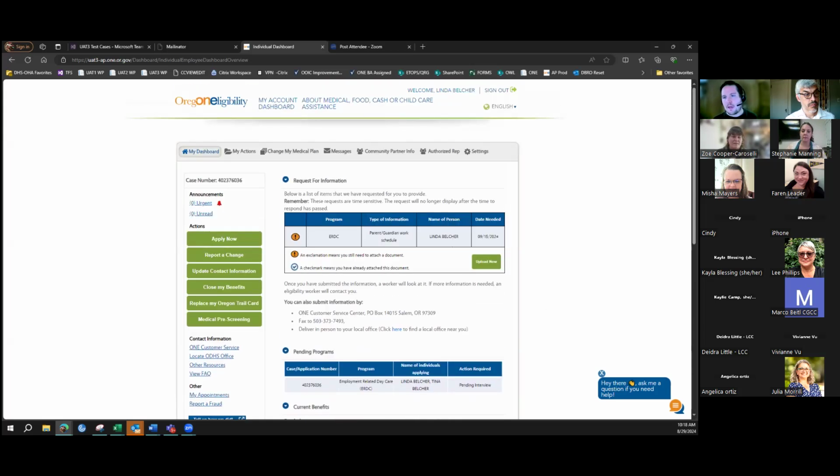So that is pathway one into the applicant portal system with account creation. I'm going to sign out and we're going to start from scratch with a brand new person and walk through the SNAP application process.